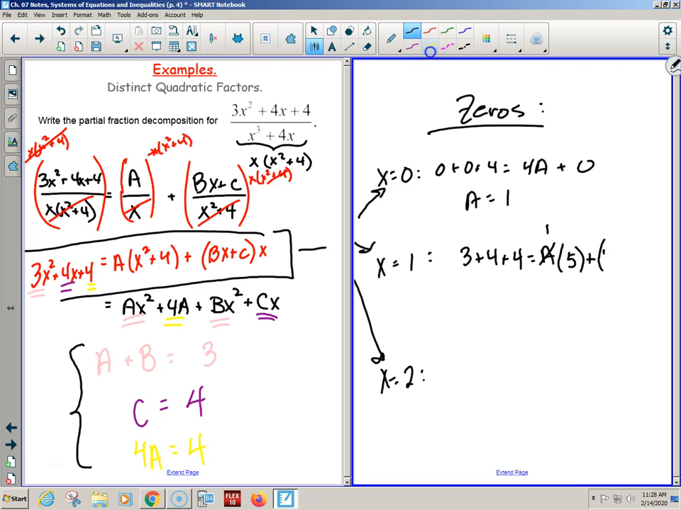Plus b times 1 plus c times 1. I mean, this is good and all, but that's 7 and that's 11, and then minus 5 is going to be 6. 6 equals b plus c, but I don't have an answer. But